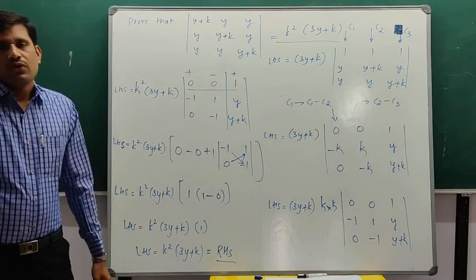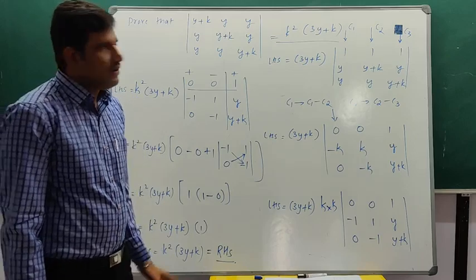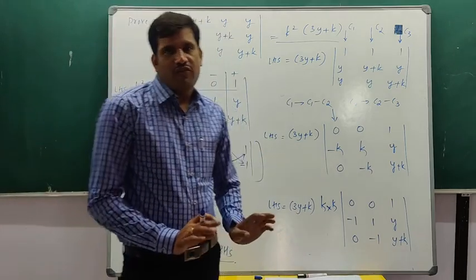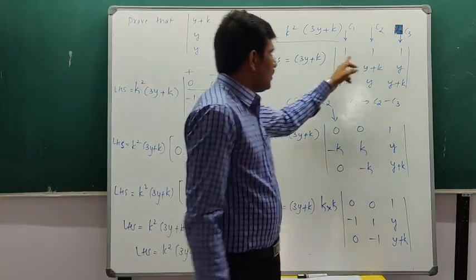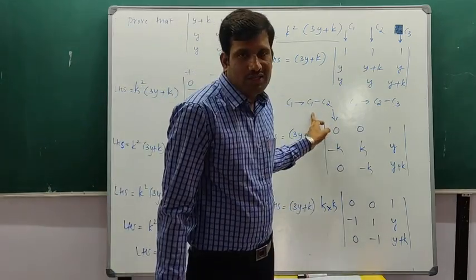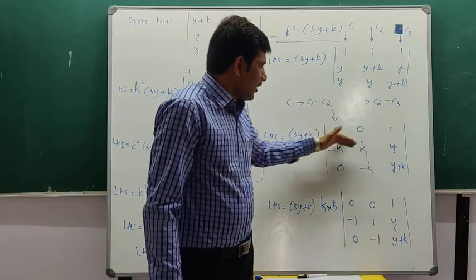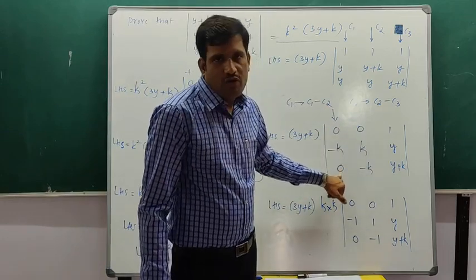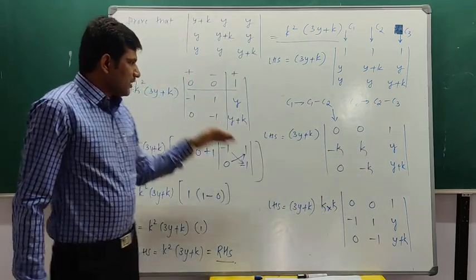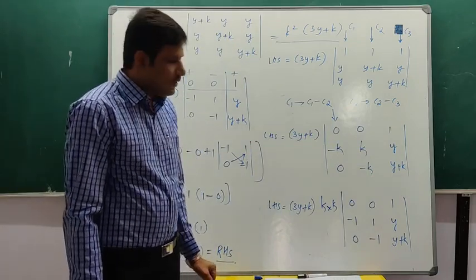Now k square into 3y plus k. Right? So now in this problem, this is very similar to the last problem which we have done yesterday, right? So here do R1 changes to R1 plus R2 plus R3, then we are getting the same element, that is 3y plus k. So when we take 3y plus k common, that first row will become 1, 1, 1. So when all the elements in the first row are equal to 1, then we are doing the operation C1 changes to C1 minus C2, C2 changes to C2 minus C3. So then we are getting 2, 0 here. So then take k common from the first column, and similarly k common from the second column. So then after that, just expand that determinant, we are getting the answer, that is k square into 3y plus k. Right? So this is the problem.